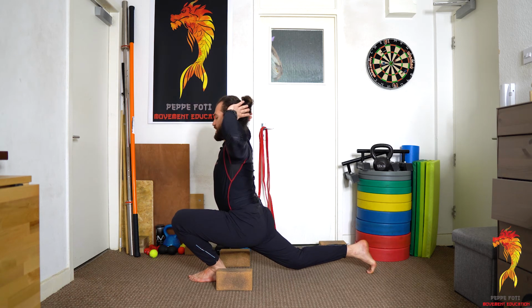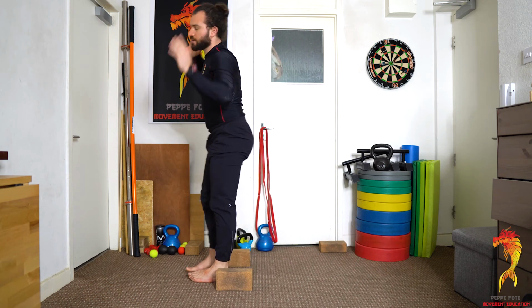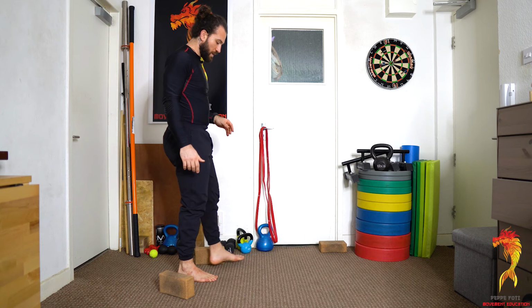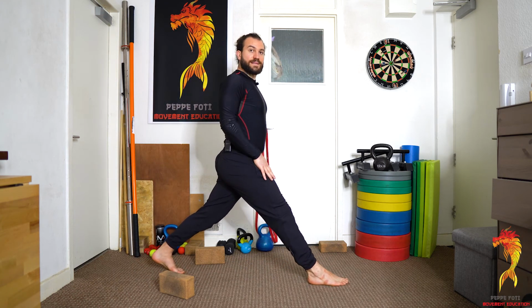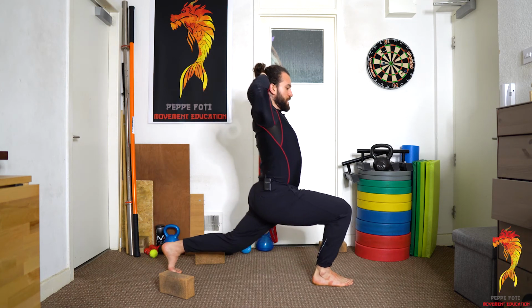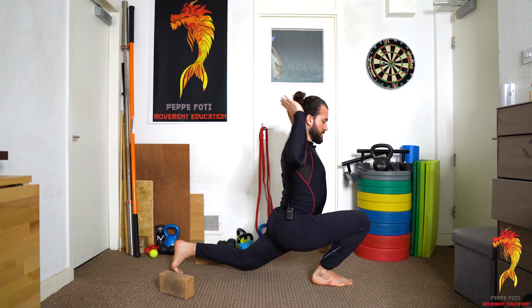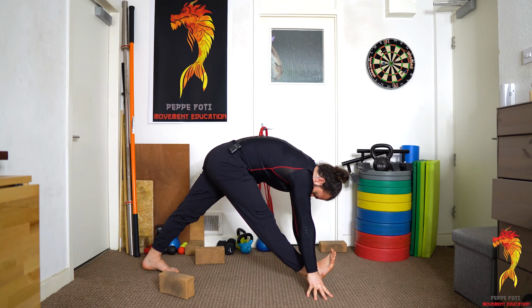Lunge, hands up, lunge, other leg, no bricks. So right leg steps forward, maintain the balance, hands behind the head, lunge, shoot that knee forward, guys. Hands on the floor, going back. 3, 2,